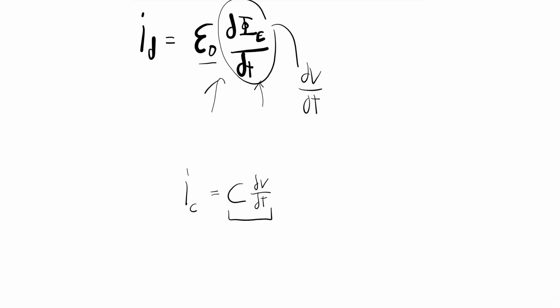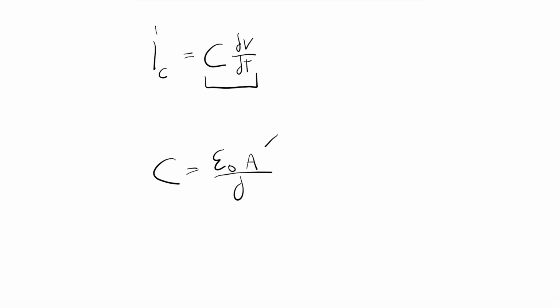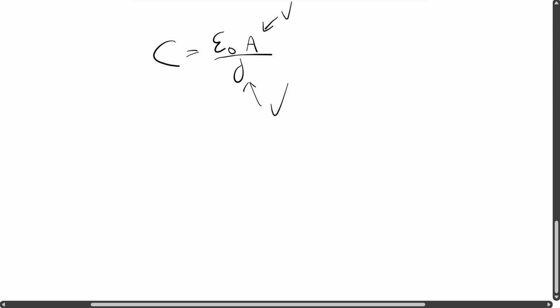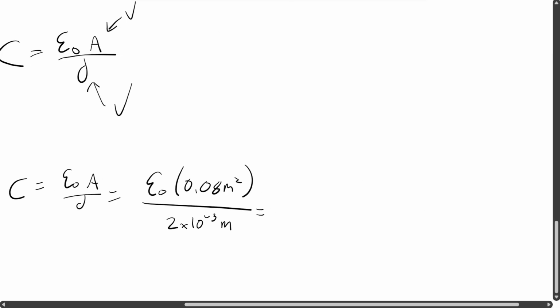Okay, and you're thinking, how do we get capacitance? Well, the good news is the capacitance is equal to epsilon naught times A over D. We're given A, and we're given D, so all we have to do is calculate it. C is equal to epsilon naught A over D, which is epsilon naught times our 0.08 meters squared over our 2 times 10 to the minus 3 meters, and that'll equal